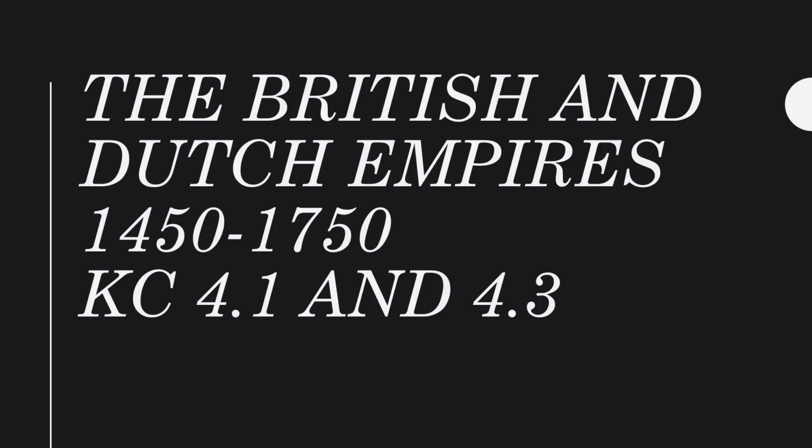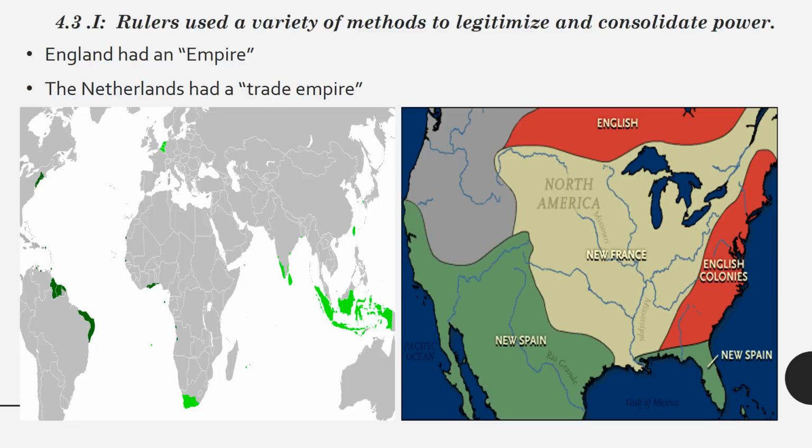Today we'll look at the British and Dutch empires during the time period of 1450 to 1750, with a primary focus being on 4.1 and 4.3. Really, truly, 4.3 is going to be really heavy in the initial development of these two empires for your key concept information. And so today we're going to start with looking at, as we normally do when we talk about